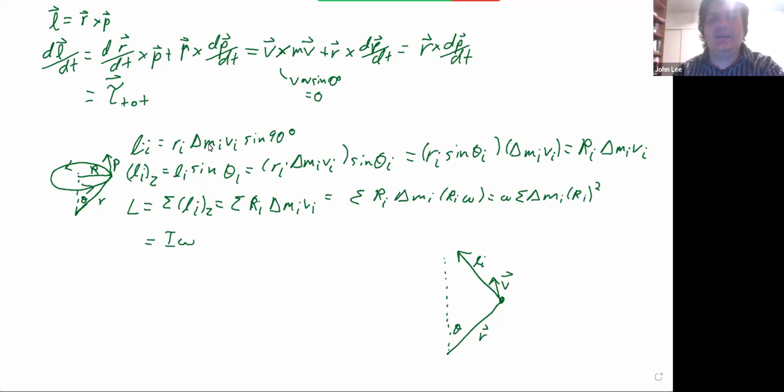I don't know why we can't just say that this is mi instead of delta mi, but it's just a convention that the book uses, so I'm going to use it too. Times vi sine 90 degrees, because the radius,